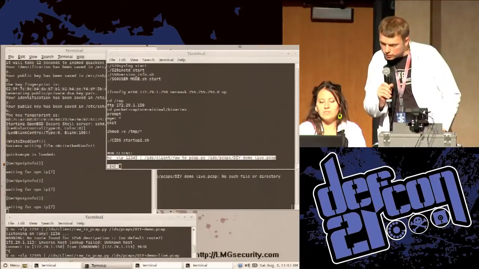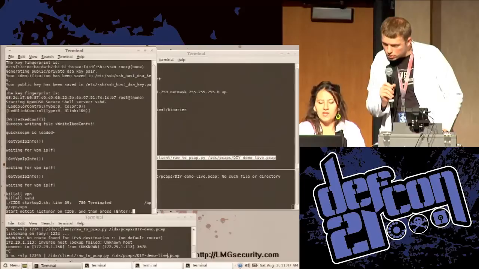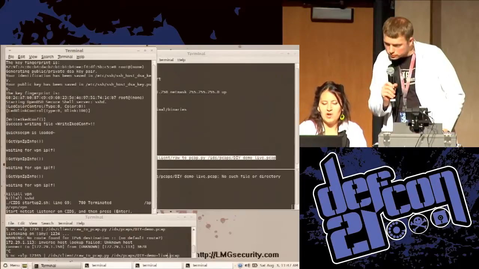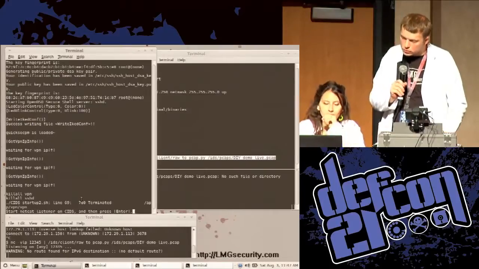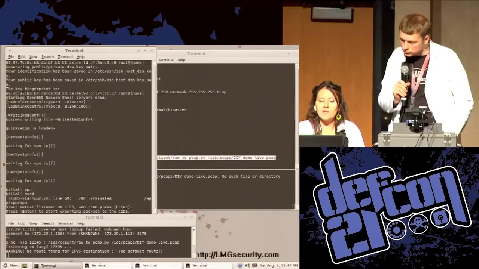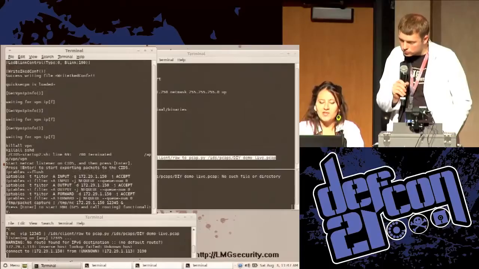So then we kill the VPN and we kill the SSH. And then we start the netcat listener on the SIDS. At this point, we're waiting for that traffic to be shipped over. As soon as I hit enter, the traffic that's being collected from the femtocell is going to start being sent over to the SIDS. So press enter to start exporting packets to the SIDS,